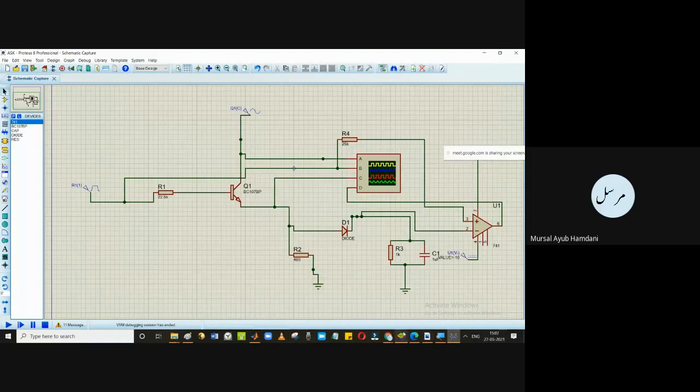Any doubts in this circuit? If you have a breadboard, you can just make it. You know how to connect this BJT. You know how to connect a diode, positive pin, larger one cathode and smaller one anode, and whatever different things are there. Then the IC, different pin connections are also there. So you can make an FSK modulator in a lab easily. It's not a big deal. Any doubts and any questions in this?